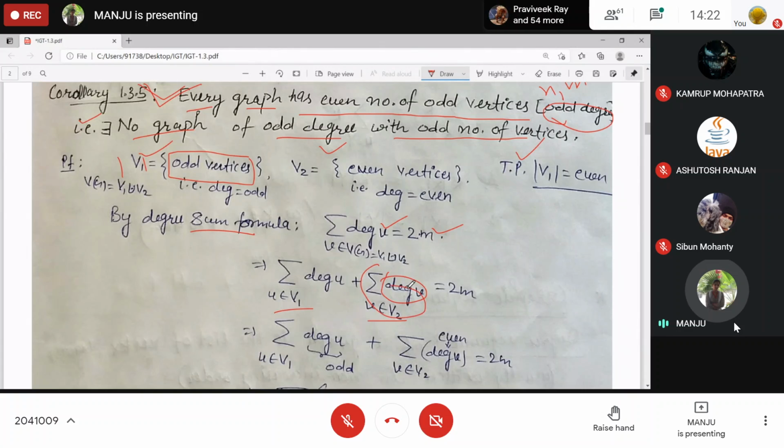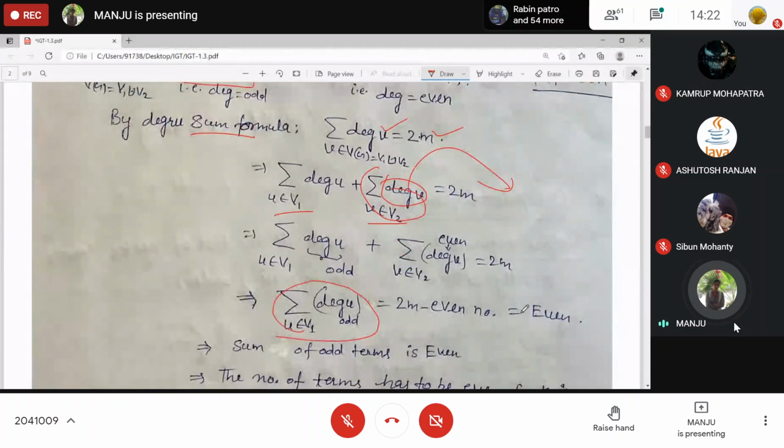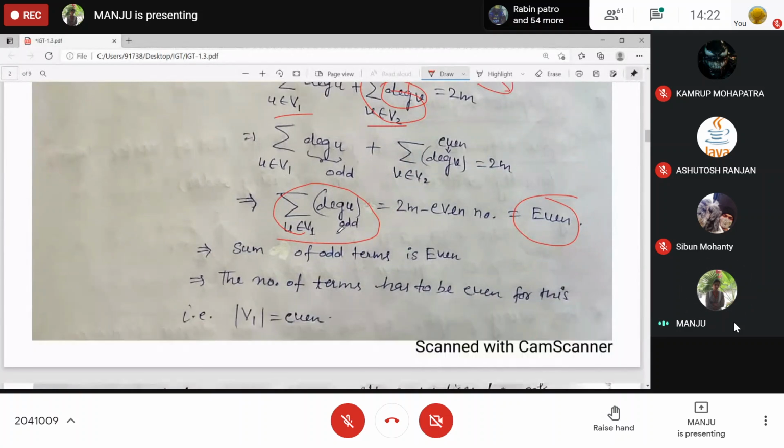Now, the degree of any vertex in V1 is odd, and the sum of odd numbers is even, so the number of these odd terms will be even. Hence there are an even number of odd vertices, or you can say there does not exist any graph with an odd number of odd vertices. Any doubt?